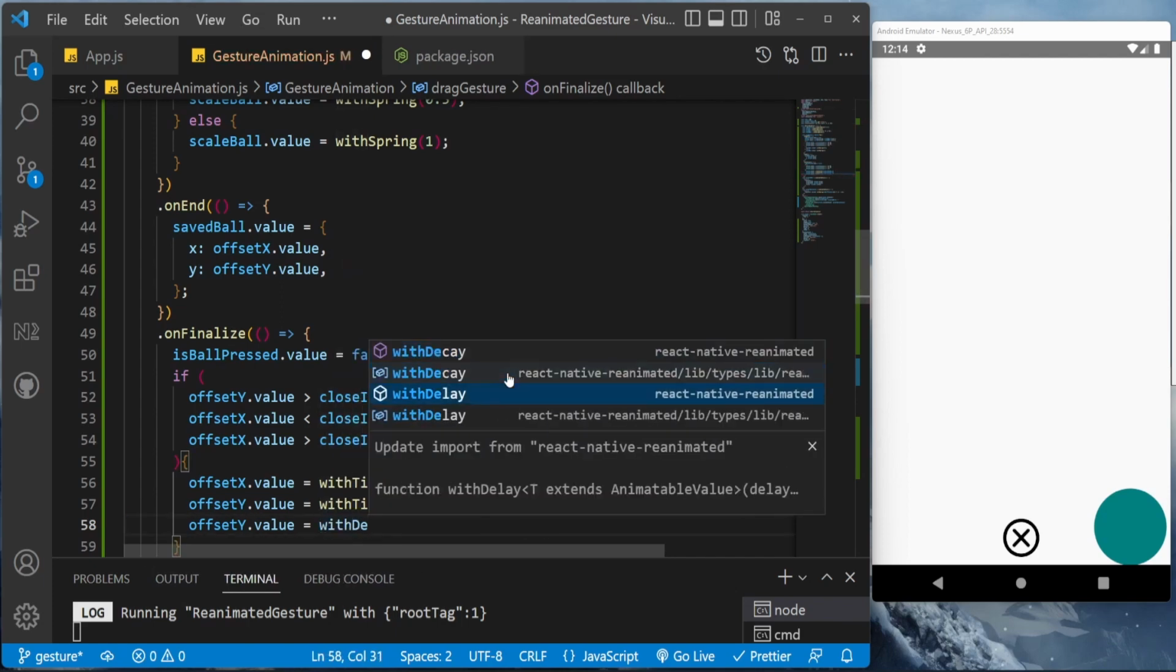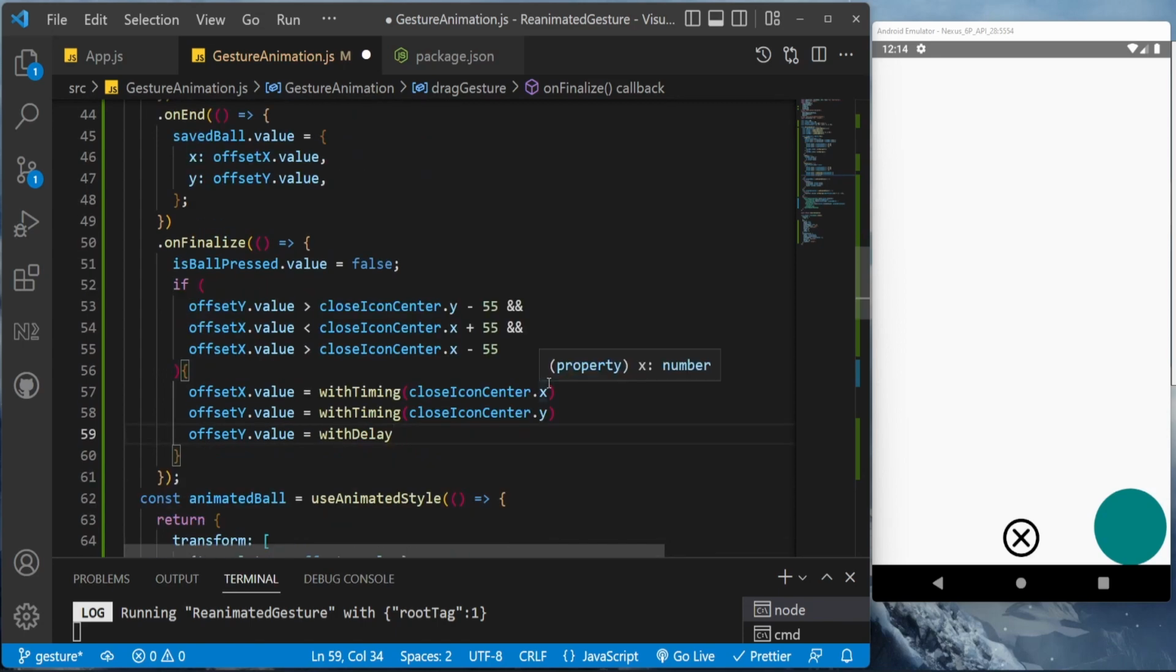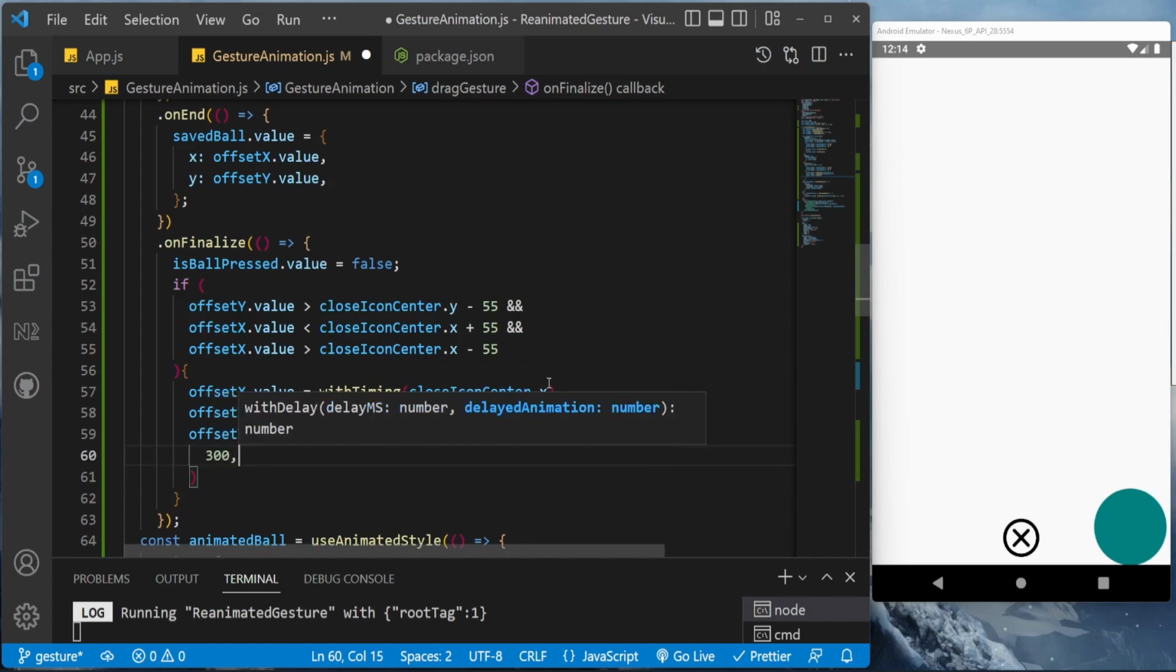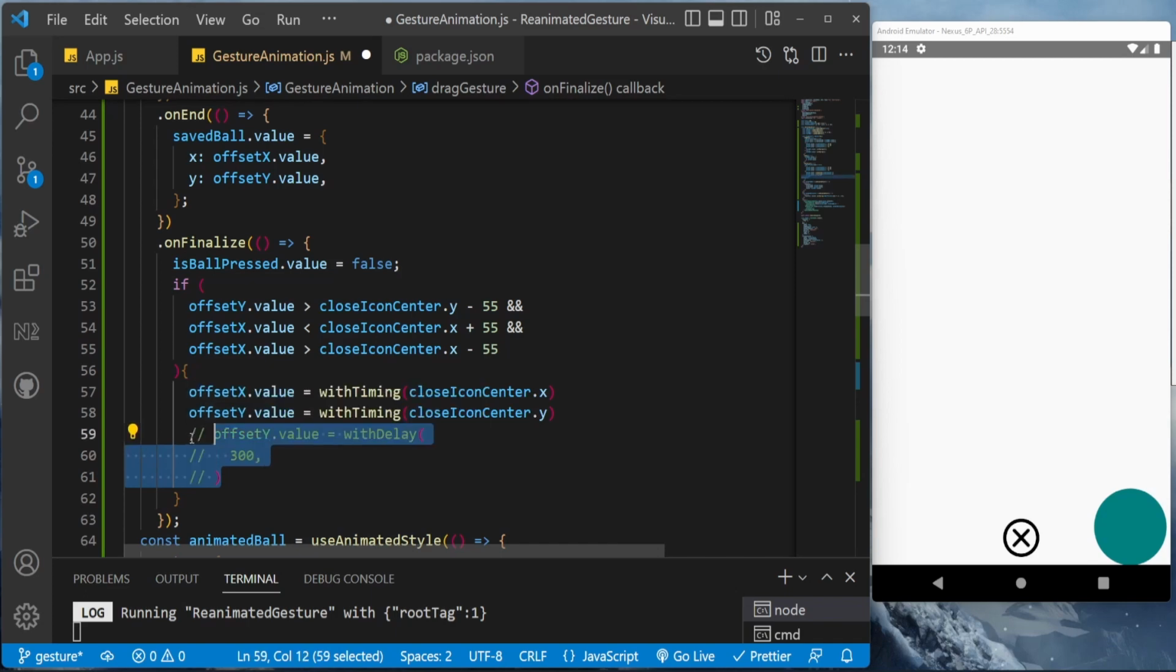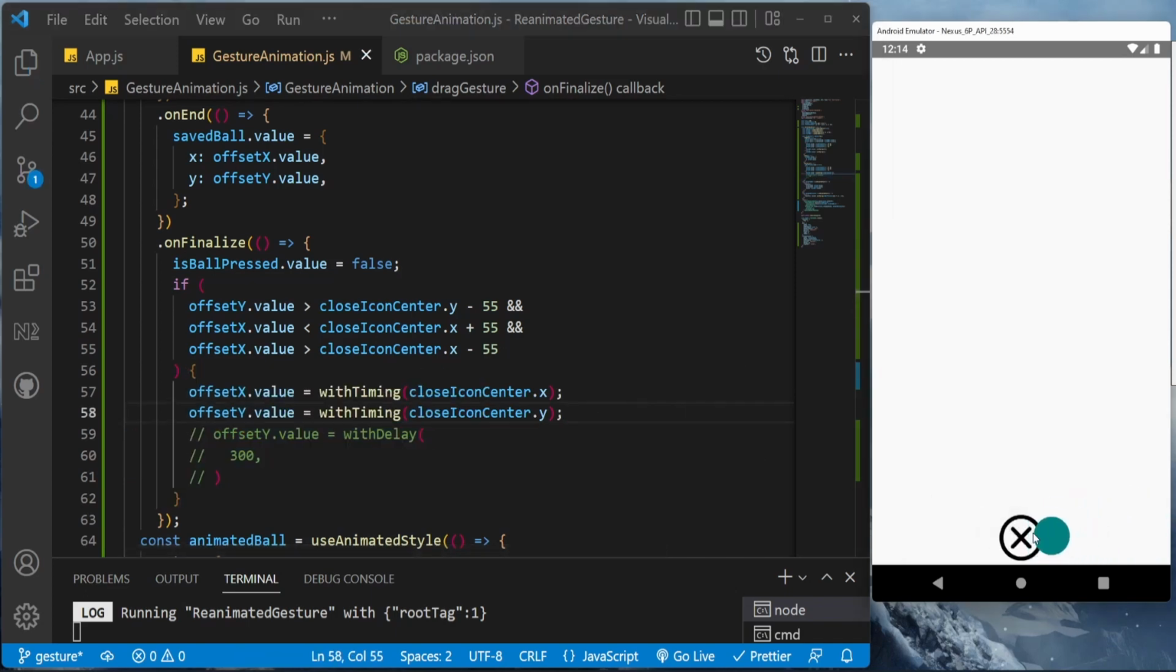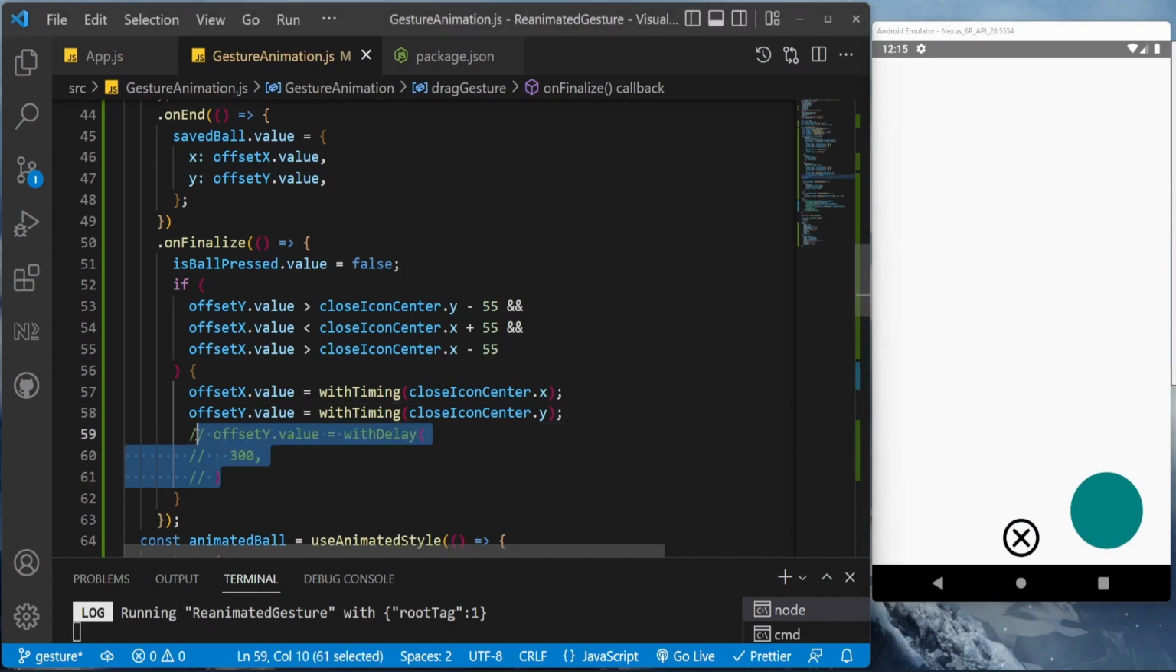And we are going to add a delay to this, so that it looks much more smooth. But let's show you the animation without the delay. Okay, so this is our animation without the delay. As you can see, if we come inside this plus 55 and minus 55, that is within the limits of the close icon. So now let's add the delay animation, and this delay will be having a 300 milliseconds delay,